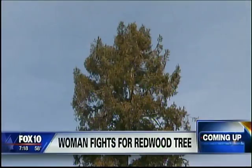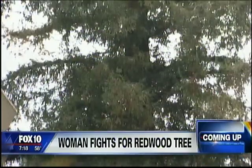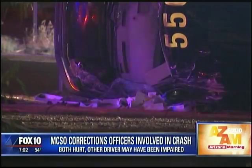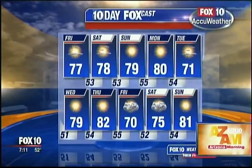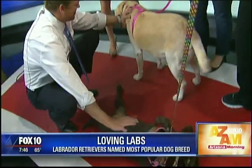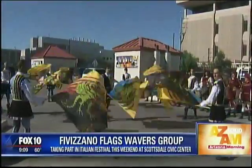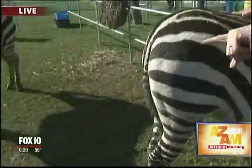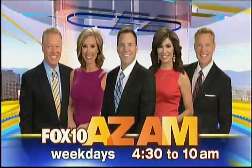The lengths a 96-year-old California woman went to save her redwood. Scary crash in a jail transport van rolls over right in downtown Phoenix. It's going to be a great day, but there will be plenty of sunshine. They look so comfortable here. I might keep them. We're out here in the parking lot, and we got these guys behind us. The Italian Festival of Arizona. I've got $20 on me. Can I convince you to jump on this zebra? Oh, I don't know. As many as